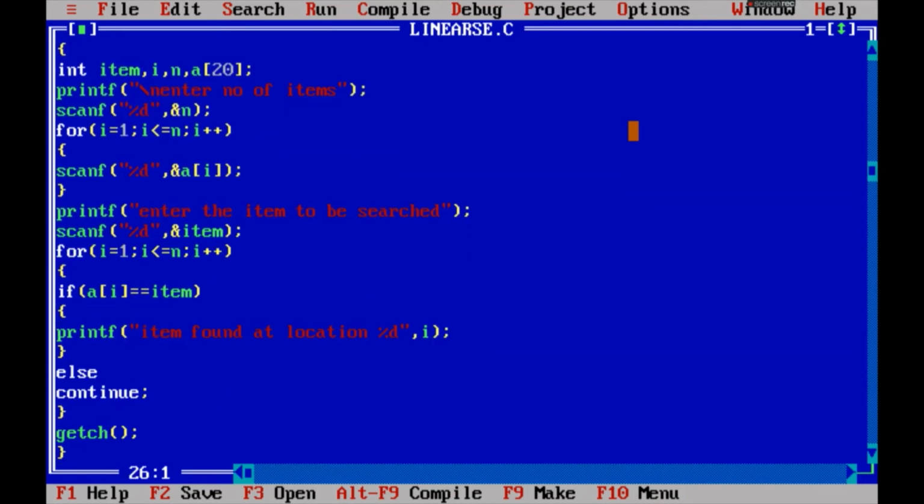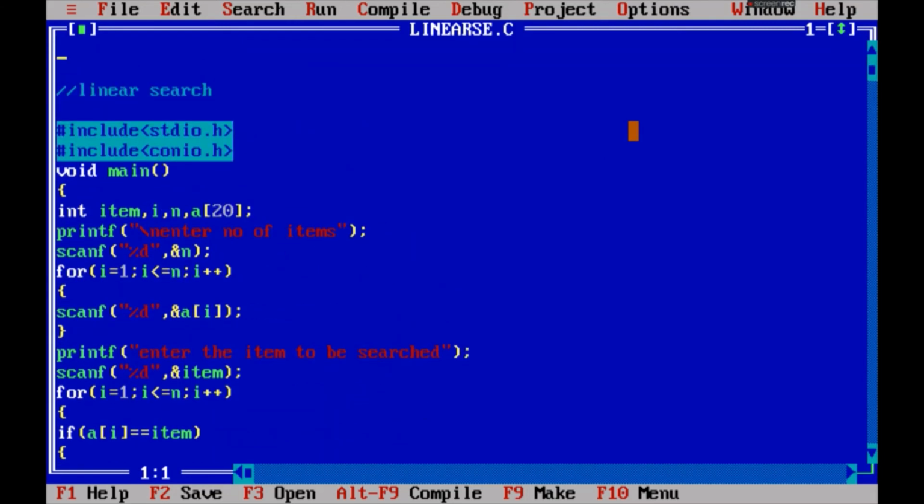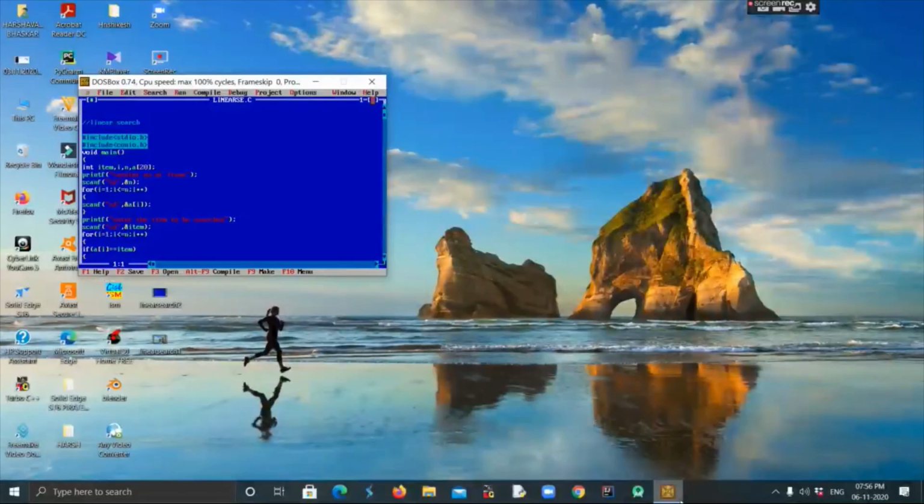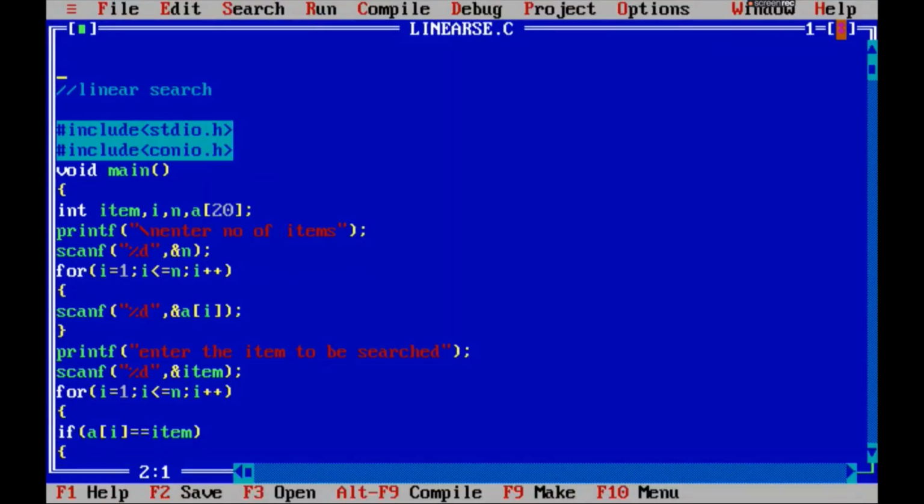So let us see. #include <stdio.h> is for standard input output, #include <conio.h>, void main, int item. Item is the item to be searched. Then we have i, n is the number of items, a of 20,